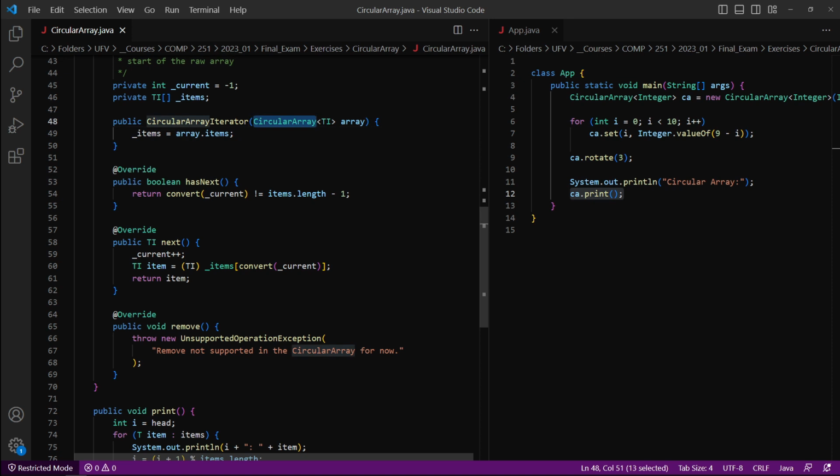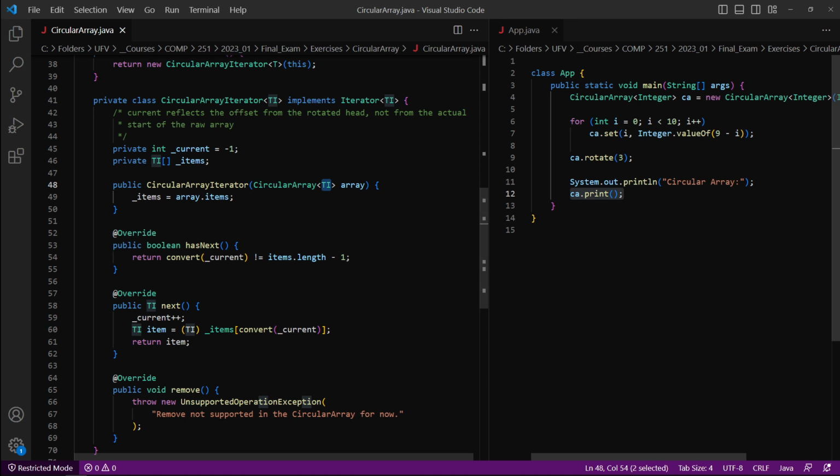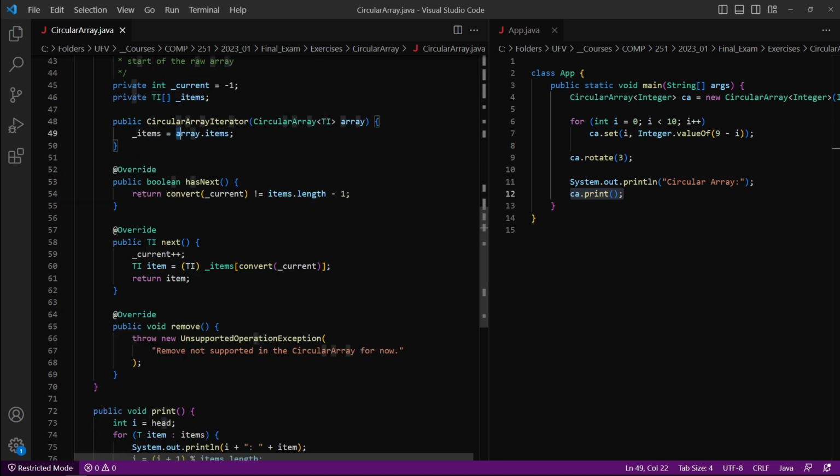So CircularArray, that's our class that we're creating for this file. It's going to store a different type. So for our for loop in our app client code, we might even want to work with a different kind of type and cast it to something else. I might try that after and see whether I can get that to work. But as it is, the code that they're demonstrating, when we go to implement our iterator, we point to our